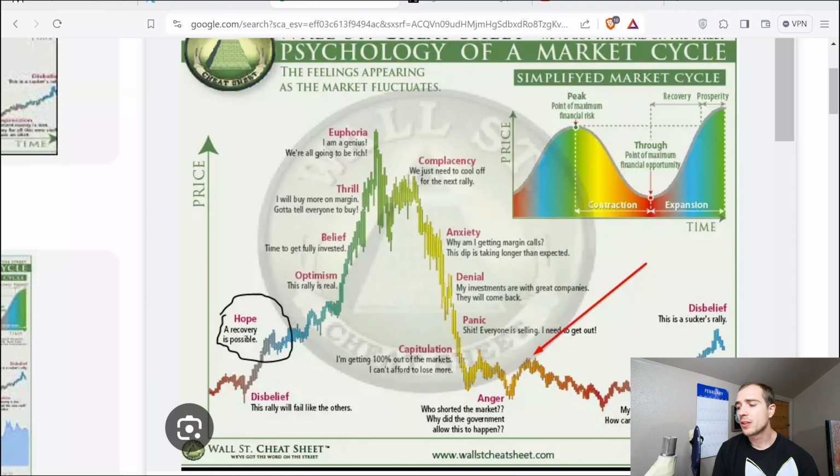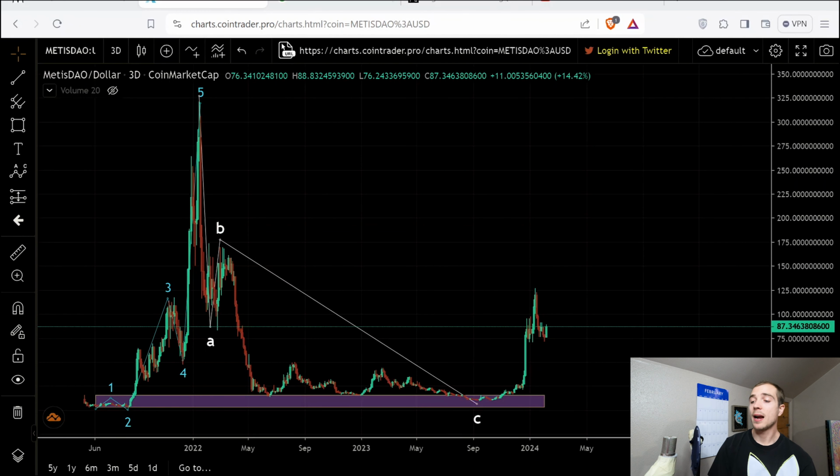So going back over to this Wall Street cheat sheet, you can see how there's actually colors. There's a red, there's a blue, there's a green, there's a yellow, and then there's a red again. And it cycles, it starts over and over again. So as you go out of that depression phase, that really oversold section, you start to get into that disbelief phase of the market cycle. That disbelief phase of the market cycle, generally, even though price is moving up, people still are skeptical.